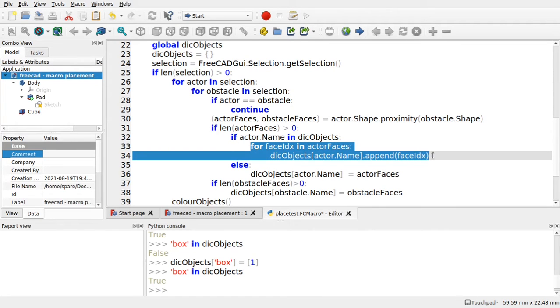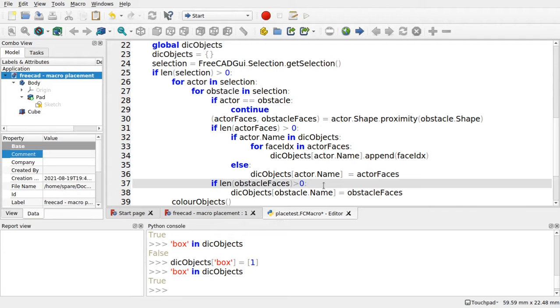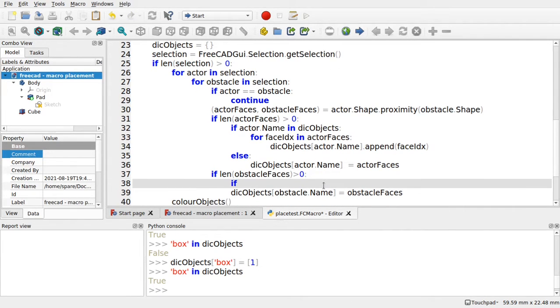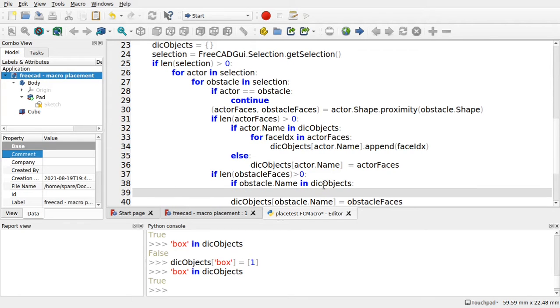Let's take this and do the same down here. So we're saying if the obstacle faces are greater than 0, so we've got something back, come in, and we're going to check on the obstacle name to see if it's in the dictionary objects. And if it is, then we're going to run